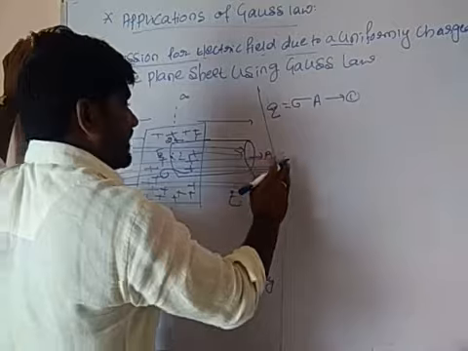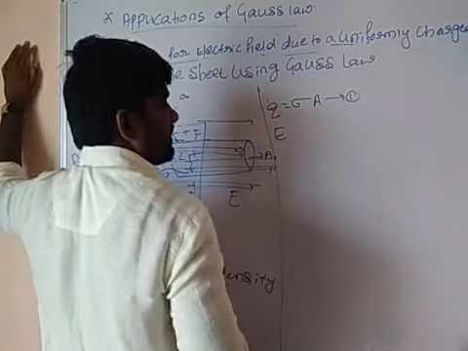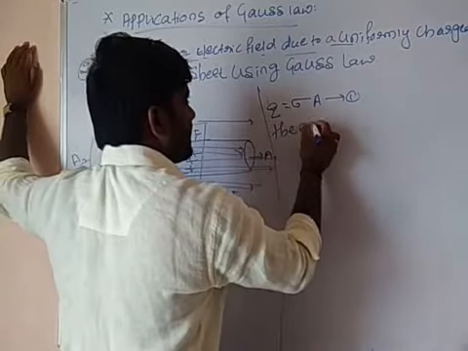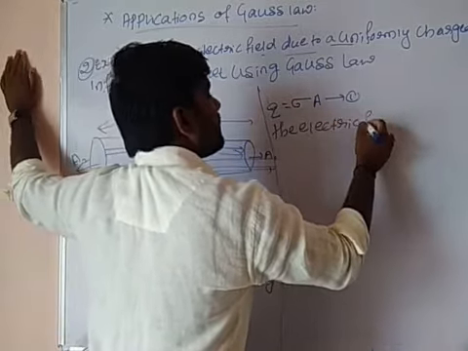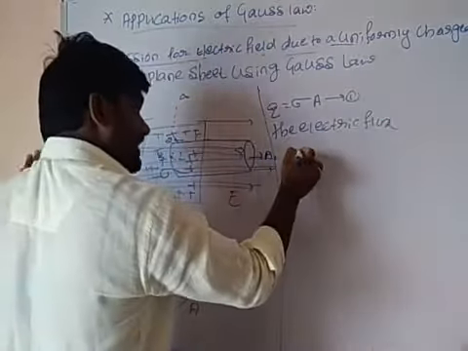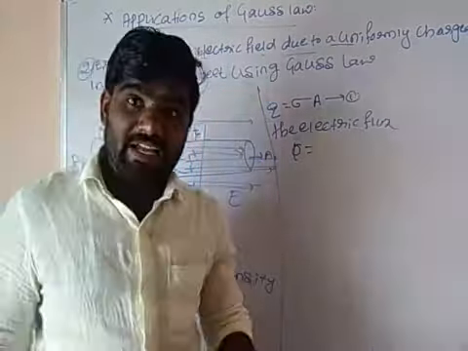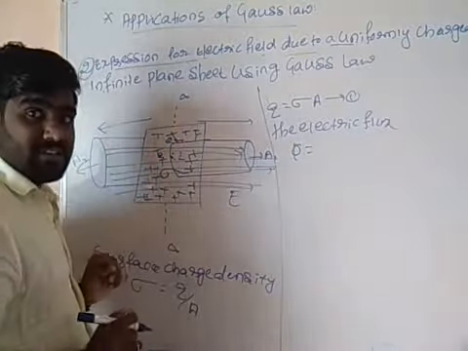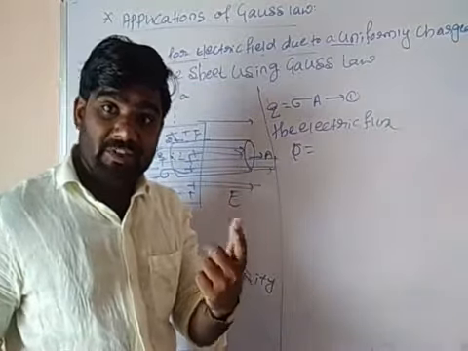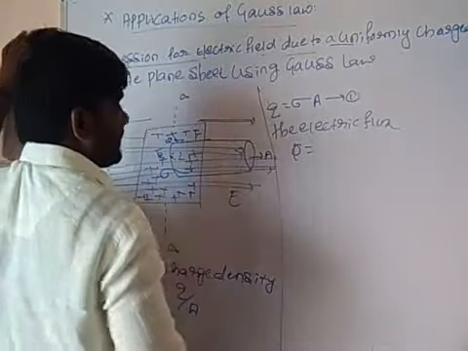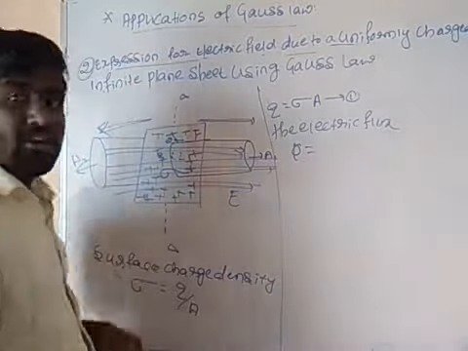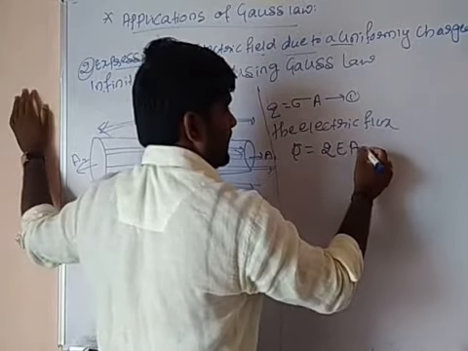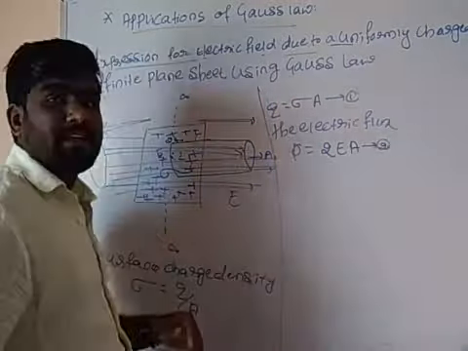Then what will be your electric field? Next, the electric flux. What will be your electric flux? Phi is equal to E into A. Here two surfaces were there, first surface and second surface. So what should I write? 2E, because one electric field will be along this direction and another electric field will be along this direction. So it will be 2 times E into A. It is a very, very important equation.